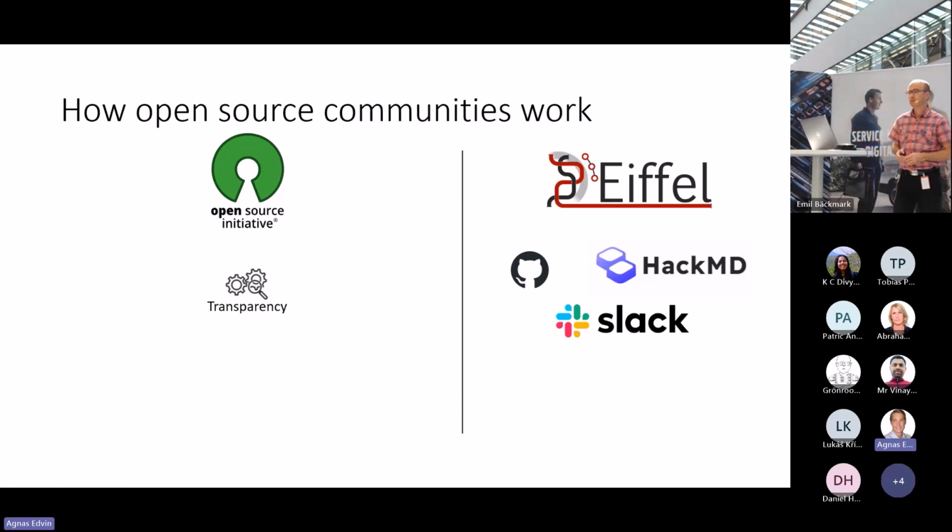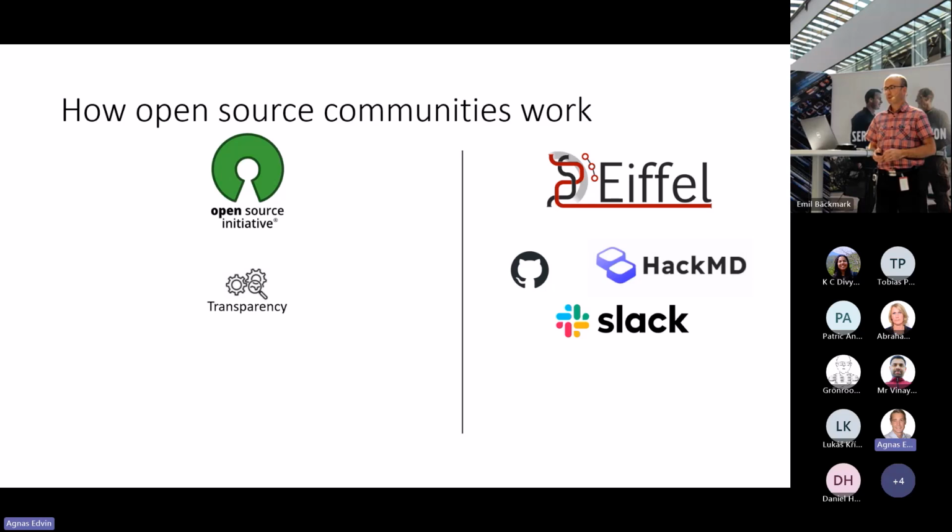To be transparent in the Eiffel community, we try to have all our conversations open, in open Teams meetings where the community can meet. We store our documents in GitHub. Our meeting minutes are first stored in a HackMD document, and then we push them to GitHub with some frequency. So you can go either to HackMD or GitHub to see all the notes from our governing